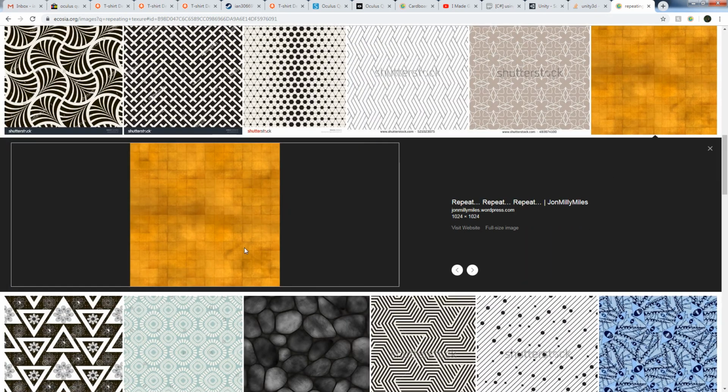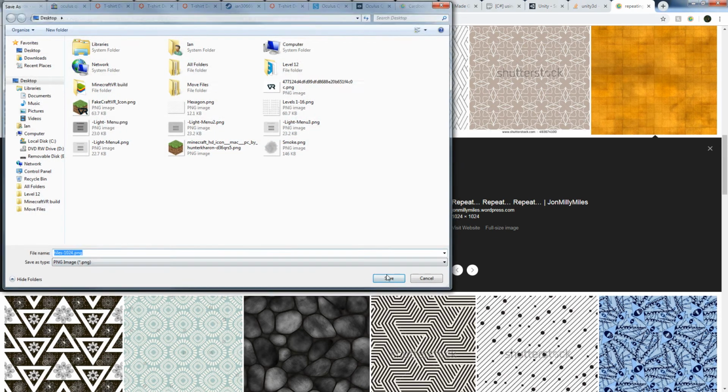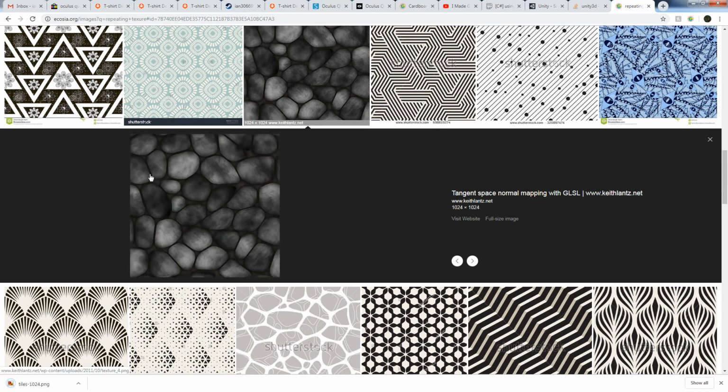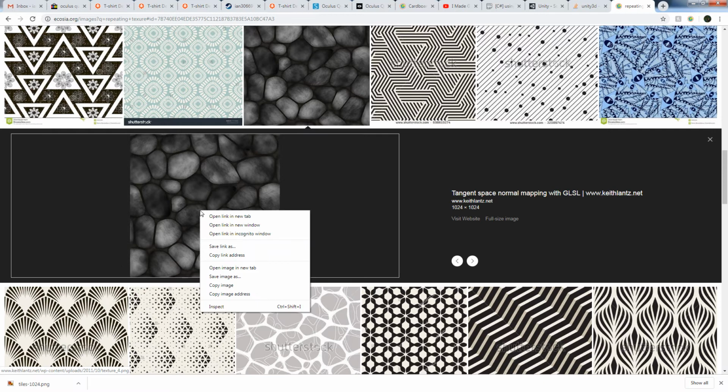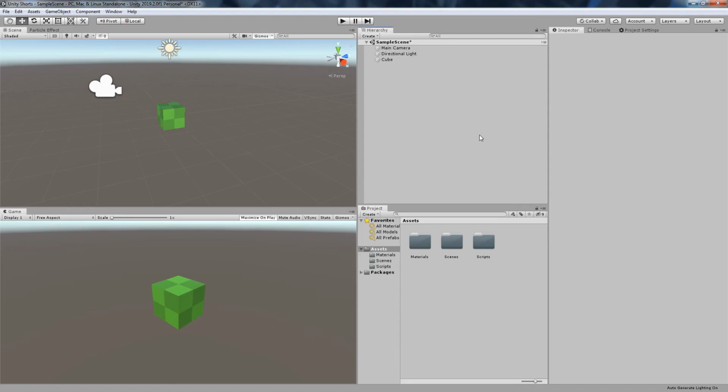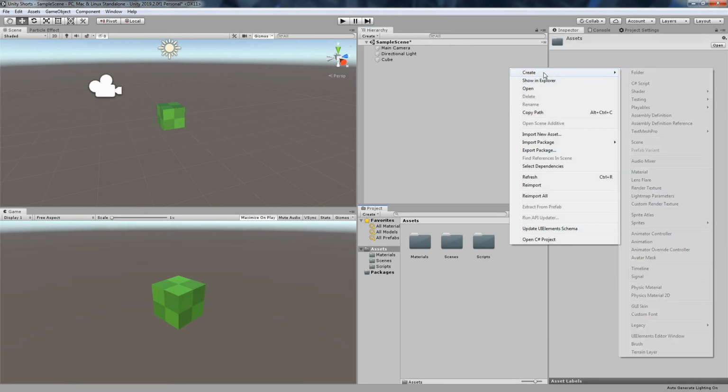I like this one. We want to grab something that repeats over and over again. So you can kind of see that right there is the edge of that. That's a part of that. You can see it repeats over and over. It's called tiling. And then over here, we'll add another folder and call it